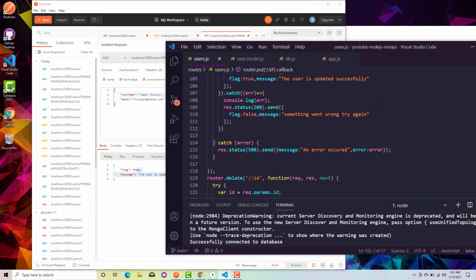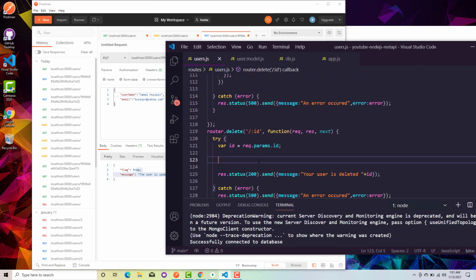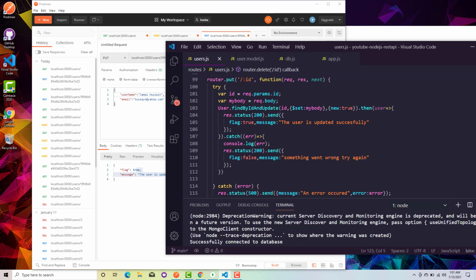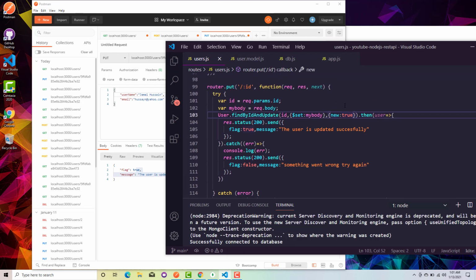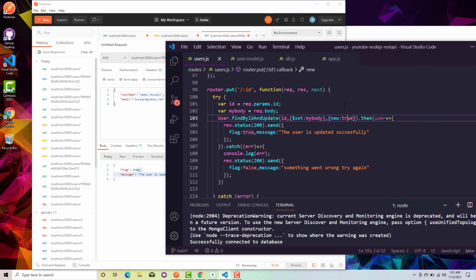Now we will create the delete route. Okay, if you set this false, what will happen is that it will not create a new record, right? So it's your own preference. If you want to make a new record, you can set this to true. If you don't want a new record, you can set this to false. Okay,